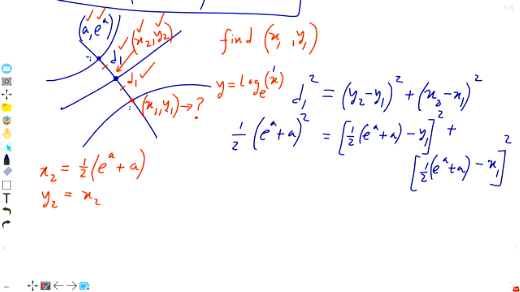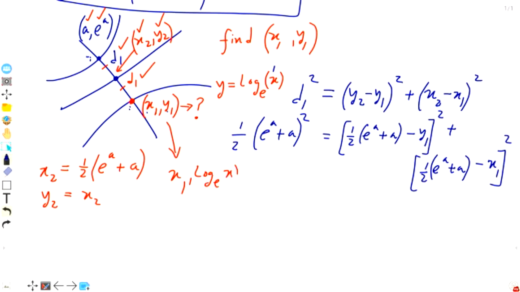Think. No rocket science, guys. Game easy. X1, Y1 here, right? Can't you replace Y1 by X1? Because Y1, X1, right? If this coordinate is X1, what is Y1? That is on this line, right? So Y1 would be